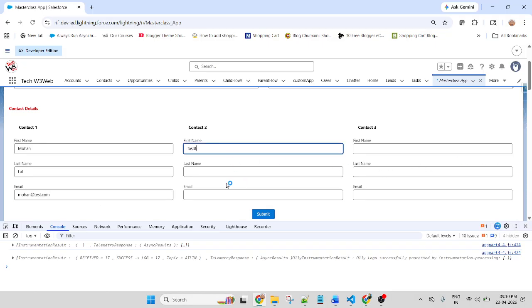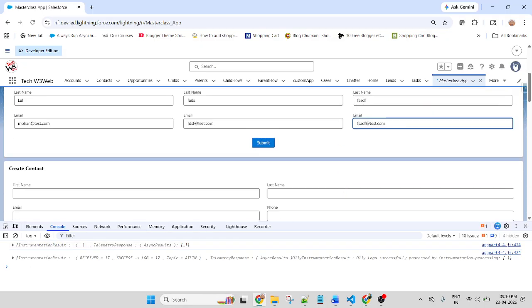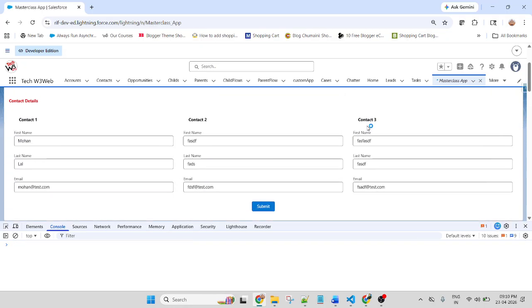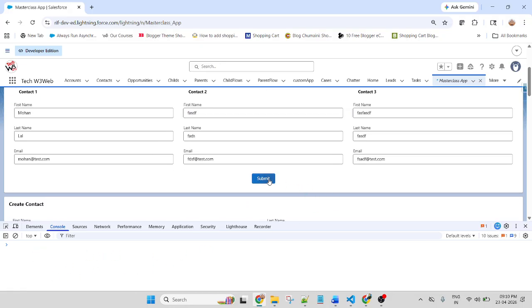Let me put dummy data. Contact 3, let me put something dummy data for checking purpose, at the rate.com. Now clean up. When I click on the button, all the input values will display here.